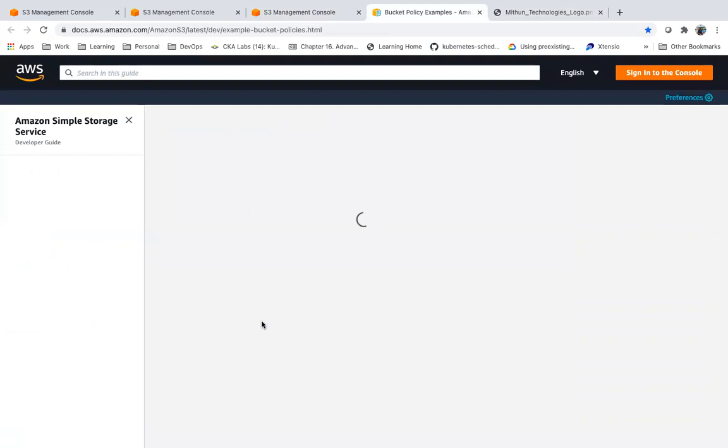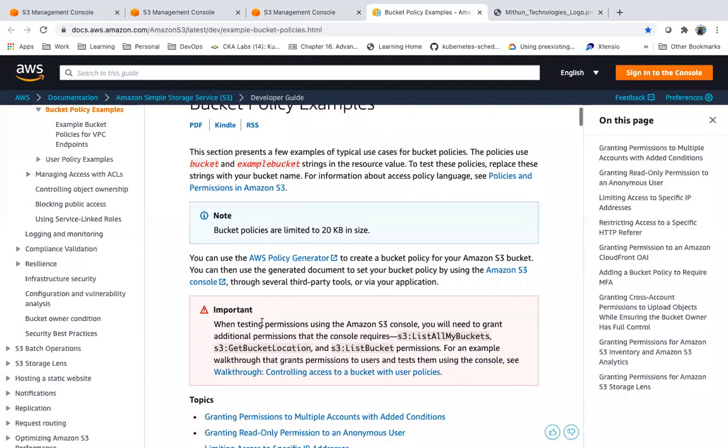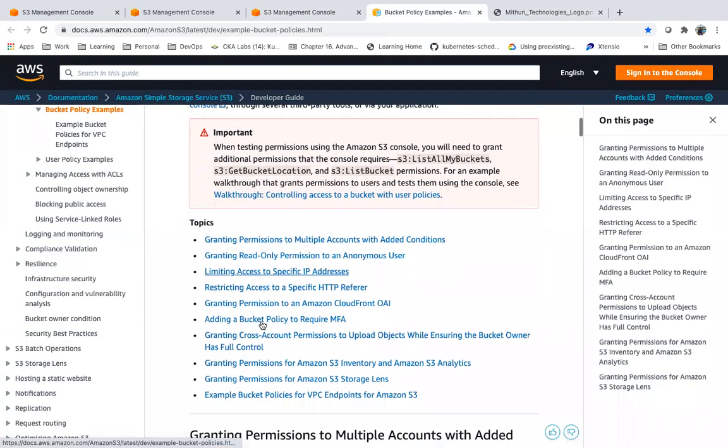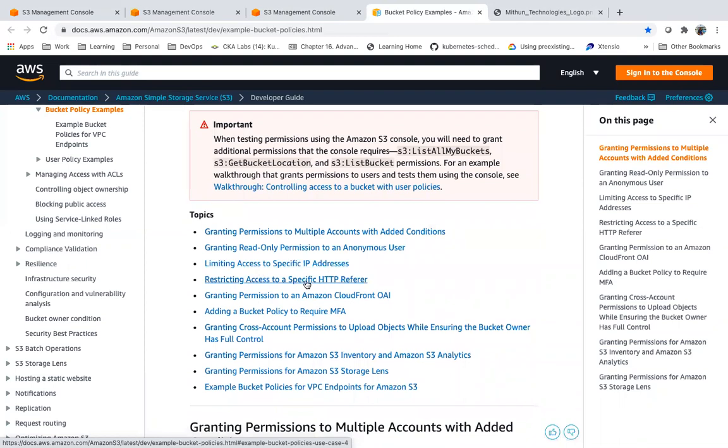I can give permissions to a specific IP address. I want to give access to a specific application. If the request is coming from some application, then only I want to allow this object access.